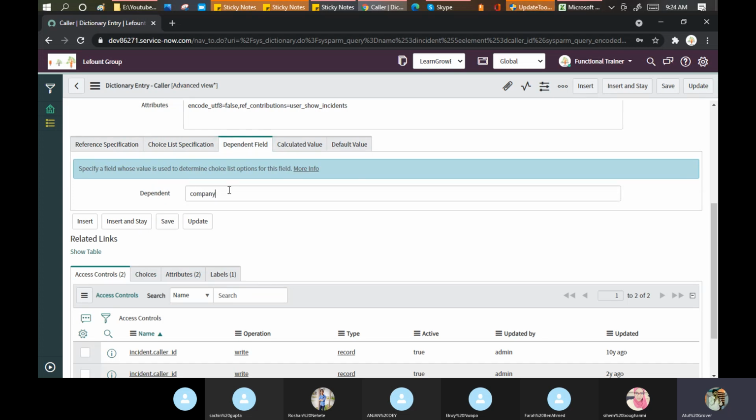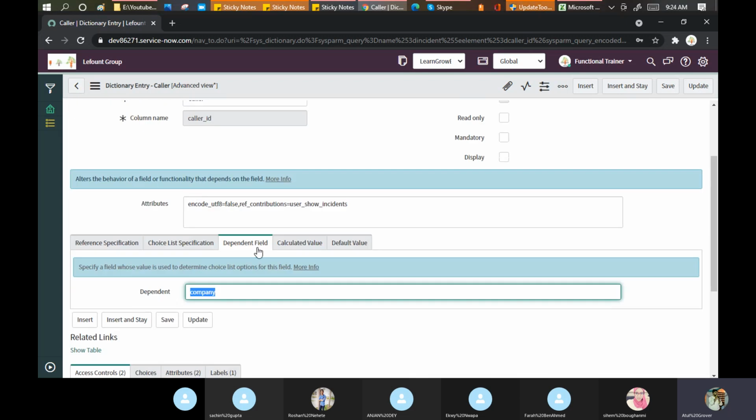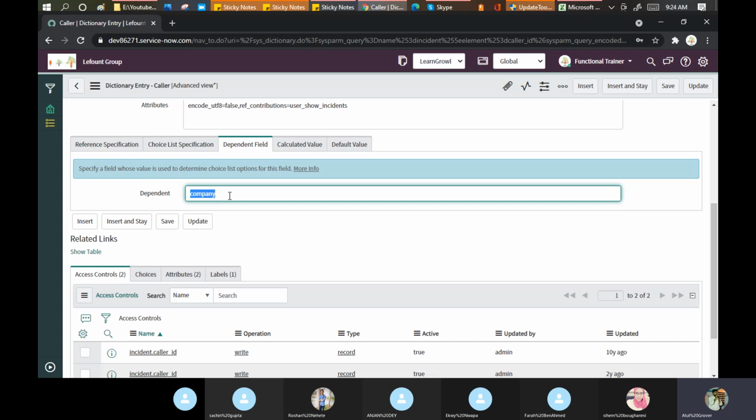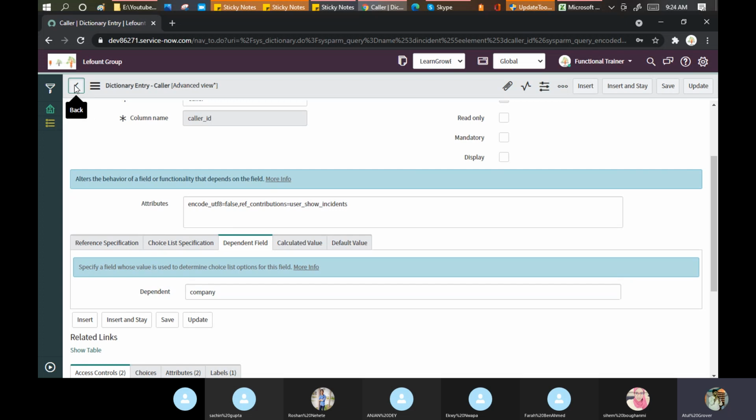See, it depends on the company as a label. This is again a text box only, nothing else. So it takes the company as a label name and says if you select any company, the callers will come accordingly. So in this manner you can do the configuration on the table level.